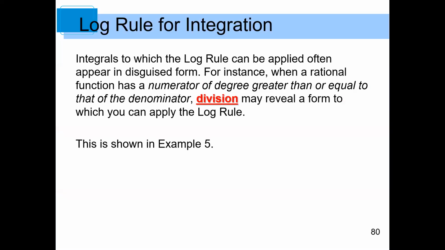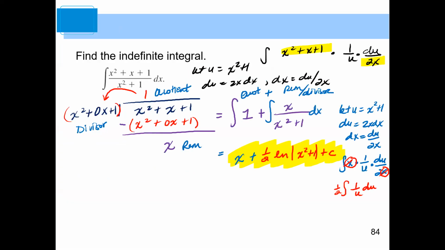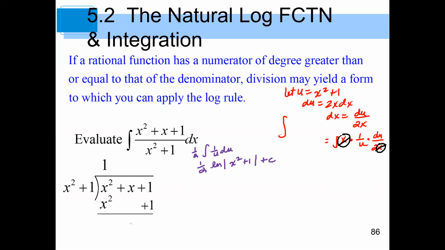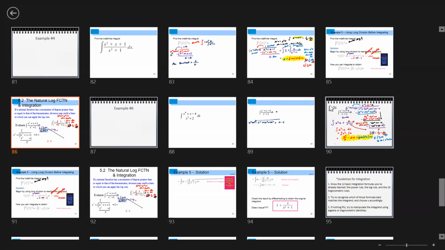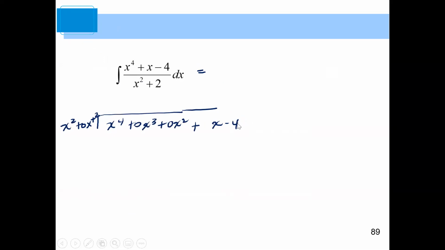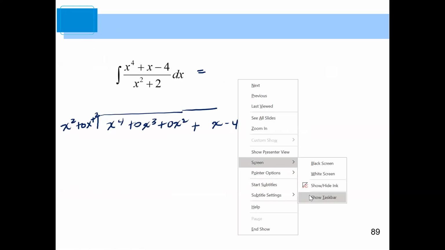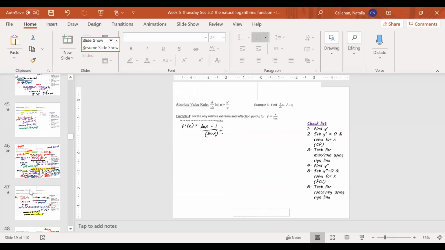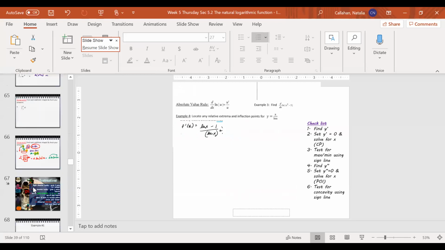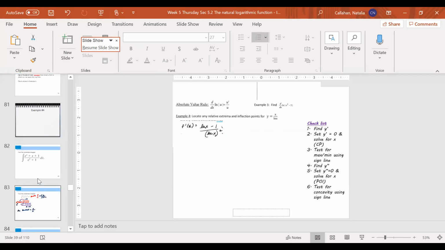Okay, let's go on to the long division part. I'm going to go back to this in a second. But first I'm going to talk about this one over here. I want to make sure I set this up correctly. And so far, it's not looking like it is, but that's okay. I'm going to go back and modify this a little bit.